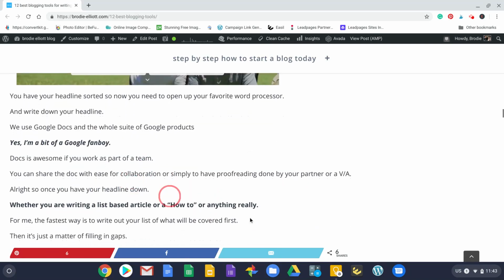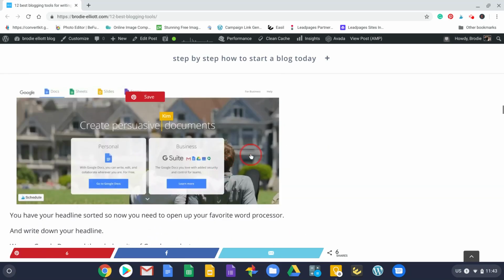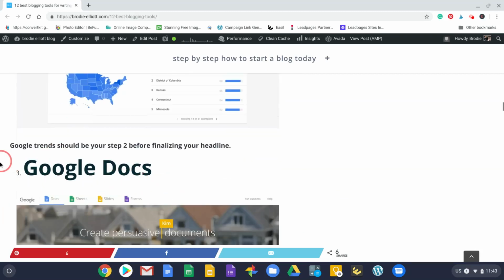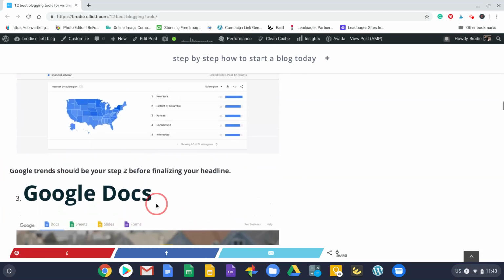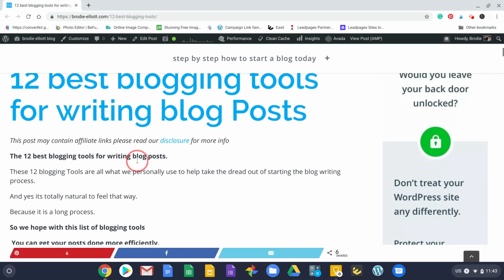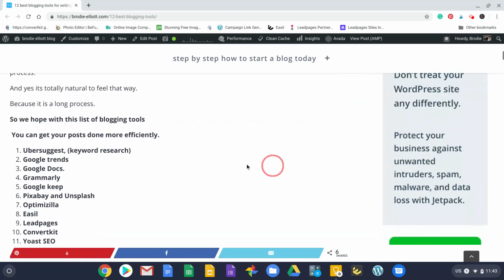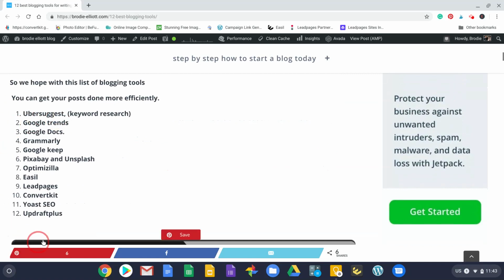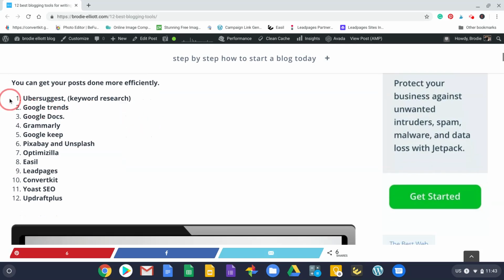And also when you're writing down everything in Google Docs, what you want to do is start out writing your headline, and then write down the list. Even if you don't include it in your post just like this, write down the list of what you're going to cover. And then, rather than just starting writing with your first thing that you want to cover